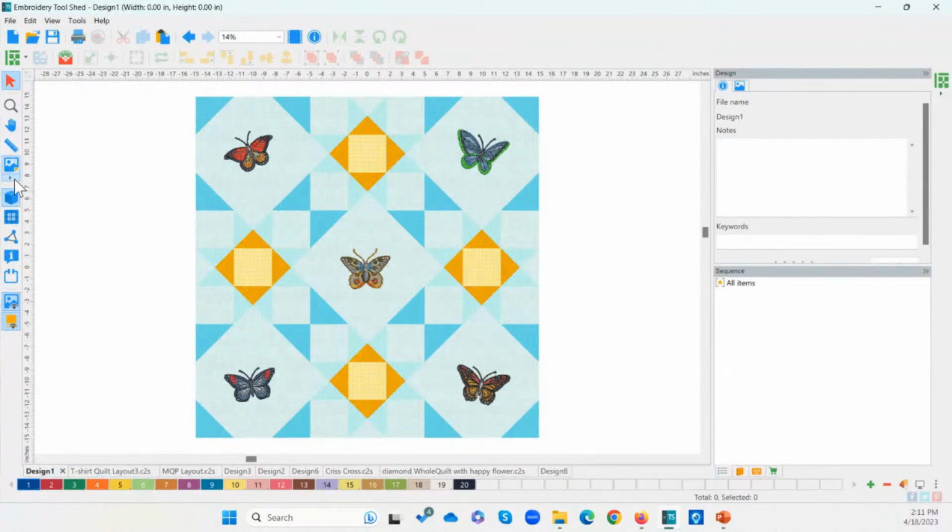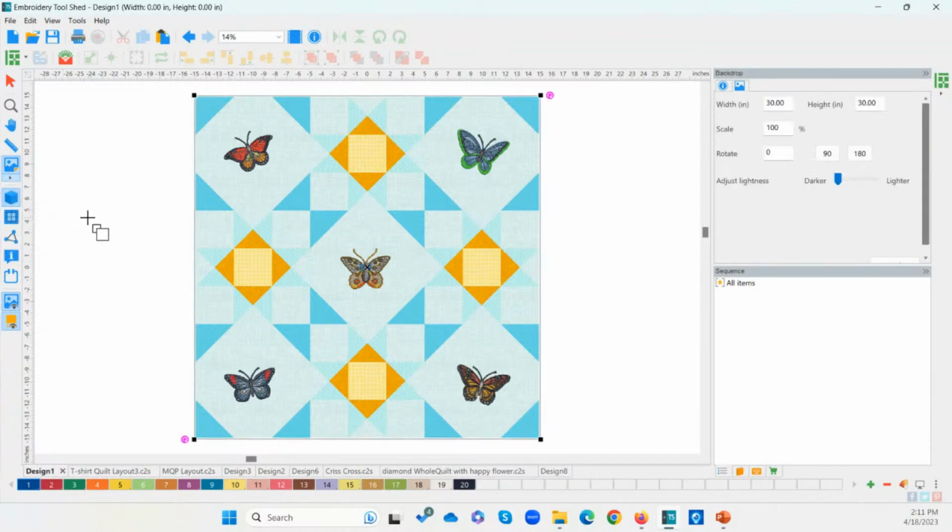So if I click over here underneath my backdrop option, I can choose Define Scale. Define Scale is important when you are working with an image because the photographs that we take don't come into the software the exact size of the quilt. Okay, so you're going to pick a point on your quilt. You can either mark the entire distance.